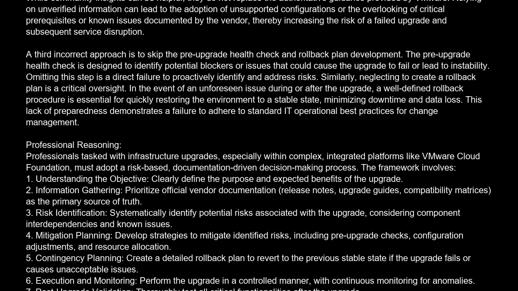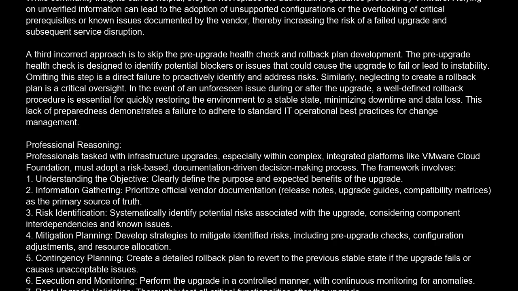In the event of an unforeseen issue during or after the upgrade, a well-defined rollback procedure is essential for quickly restoring the environment to a stable state, minimizing downtime and data loss. This lack of preparedness demonstrates a failure to adhere to standard IT operational best practices for change management. Professional reasoning. Professionals tasked with infrastructure upgrades, especially within complex integrated platforms like VMware Cloud Foundation, must adopt a risk-based,